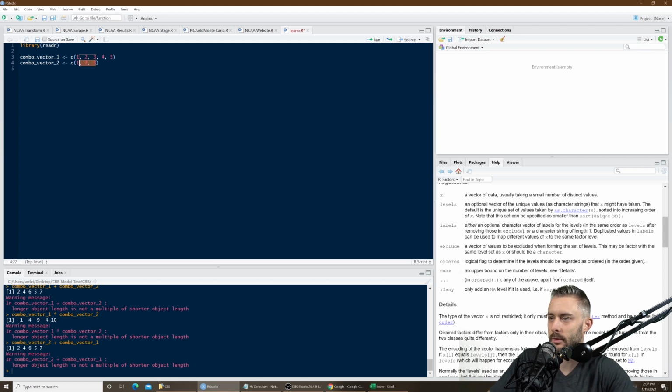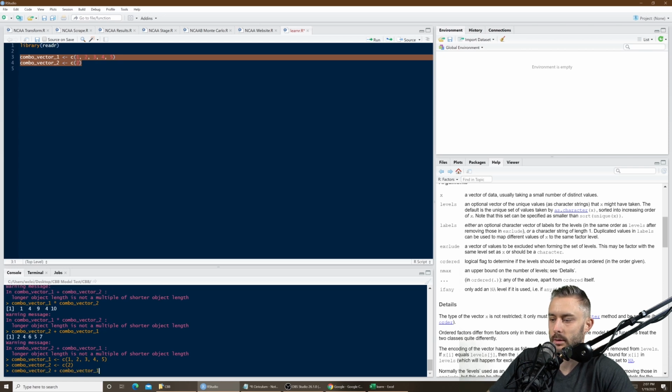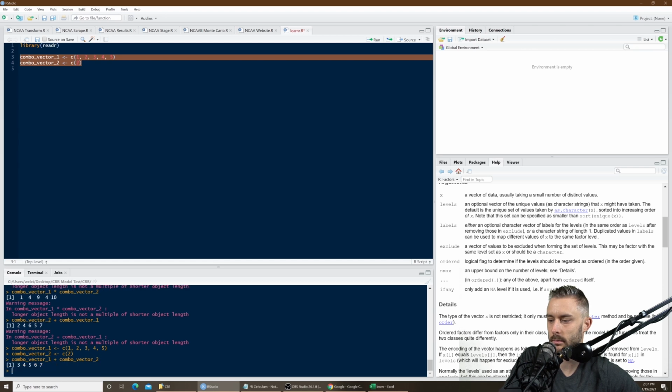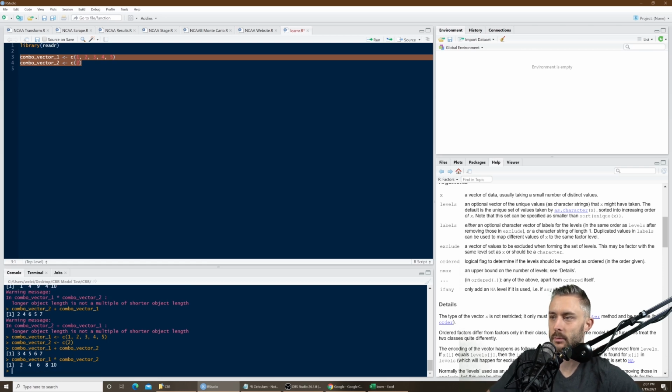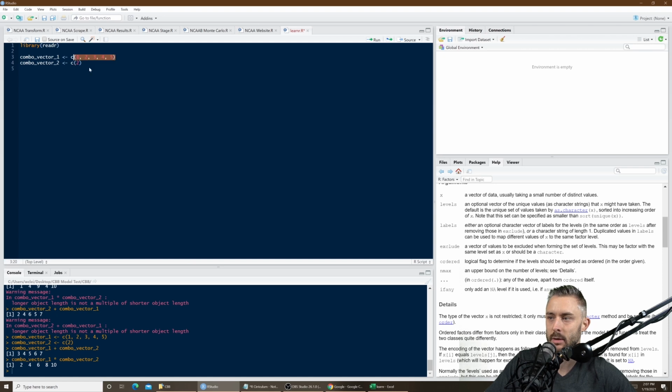So what if you changed this to just one value? Is it going to work then? Combo vector 1 plus combo vector 2. Yep, it did. You know why? Because it does work with just one number because it's just going to add that to every value in combo vector 1. Same with multiplying. See, it multiplied everything by that number. So it will work with one number, but if it's more than one and uneven, it's not going to work. So it either has to match the number or it has to be 1 in order to use math between